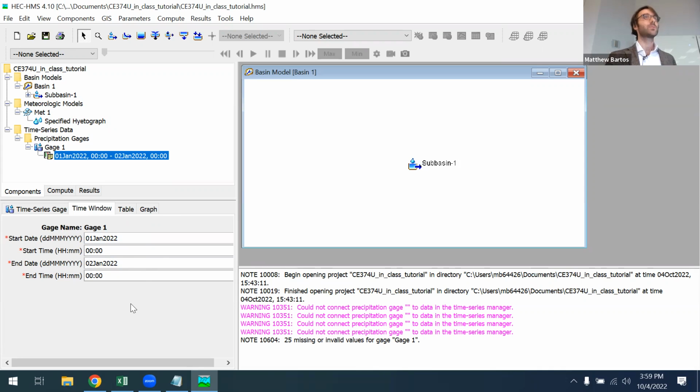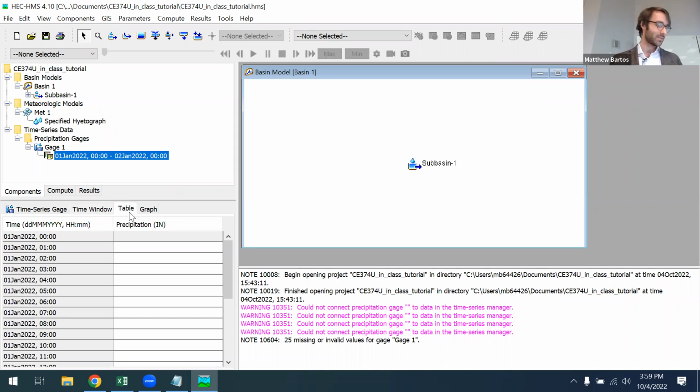Okay, so now we're going to specify the rainfall hyetograph for our rain gauge that is going to serve as the input to our model. So let's go ahead and I'm going to change it up. This is going to diverge a little bit from the notes, but I'm going to crowdsource a rainfall time series from you. So let's decide on a rainfall time series collectively. You can't specify the inches of precipitation for the first hour. You start with hour 1, so you can't specify it for hour 0. But for hour 1, we can enter our first precipitation value. So what's a good first precipitation value?